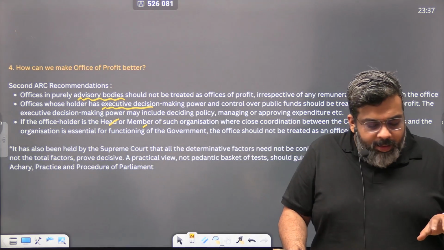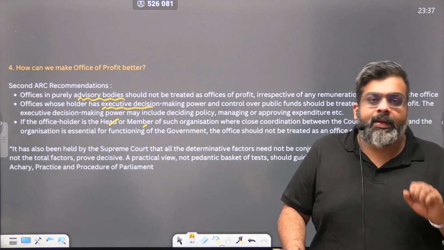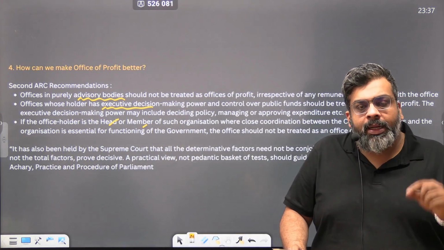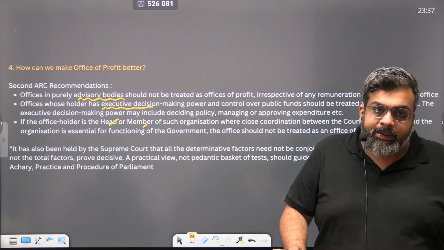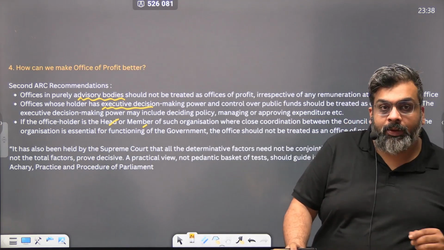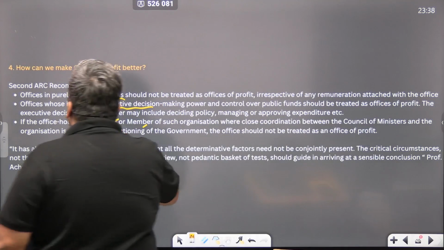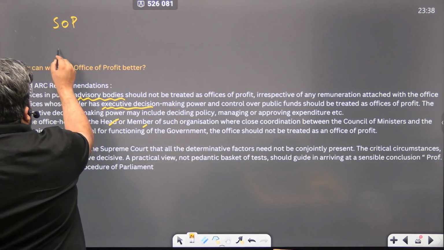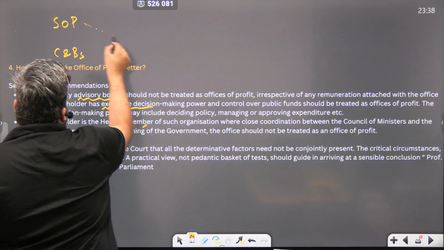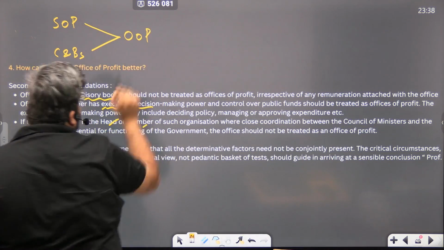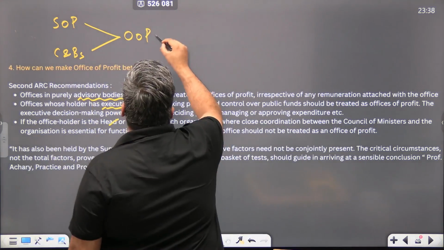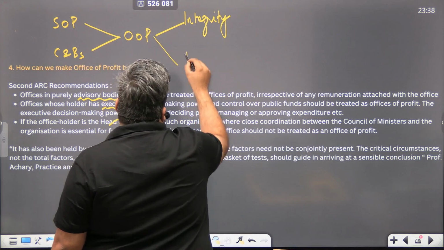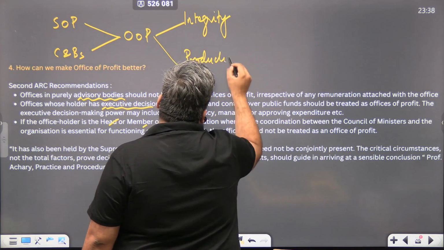But what you are looking at is a practical view. What you are looking at is effectively a way to run the government smoothly. Because as much as integrity is important, productivity is also important. Which is why, while on one hand you have separation of powers, you also have checks and balances. And somewhere in the middle is office of profit. And office of profit should balance what is called integrity in public life, and therefore also balance it with productivity